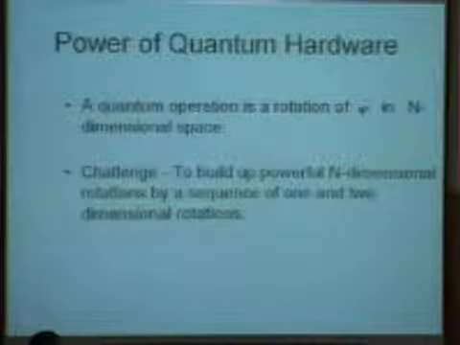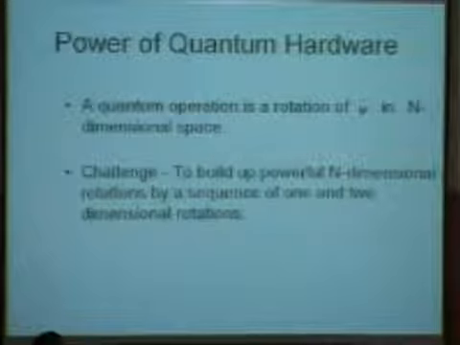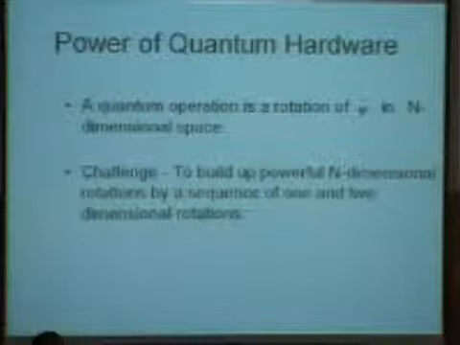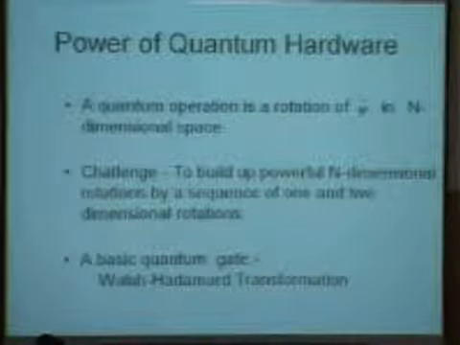Just like classical computation, we can compute any Boolean function efficiently. But the Boolean functions that can be technologically computed efficiently are those that can be done with 1 or 2 inputs at a time. So the idea is to build up powerful sequences of computation that you can do just by 1 or 2 inputs at a time. Let me give you an example of a quantum mechanical gate.